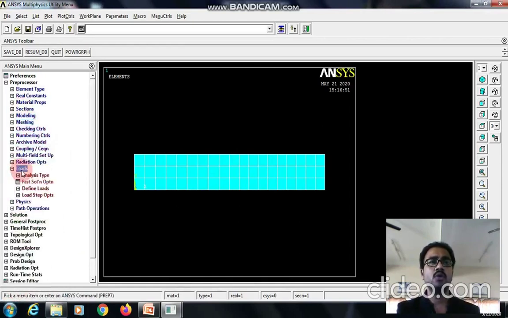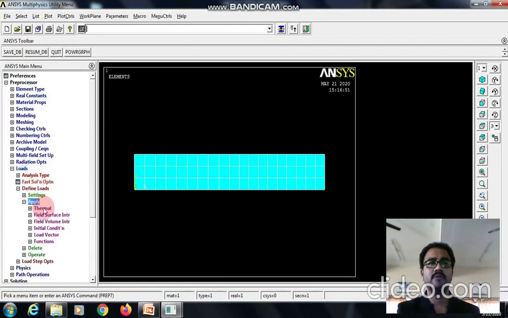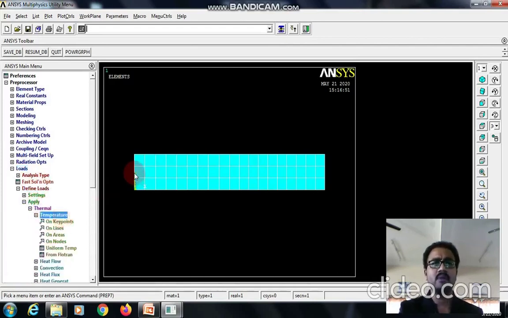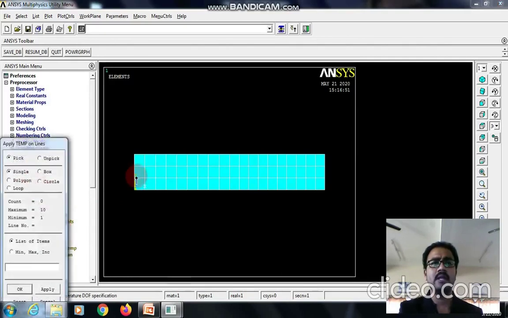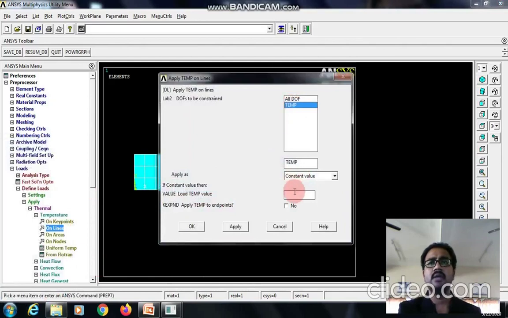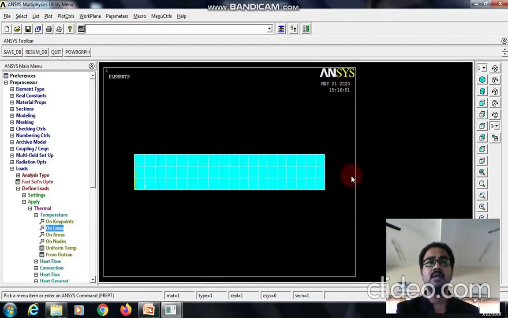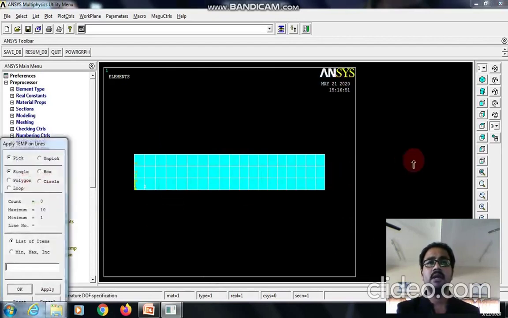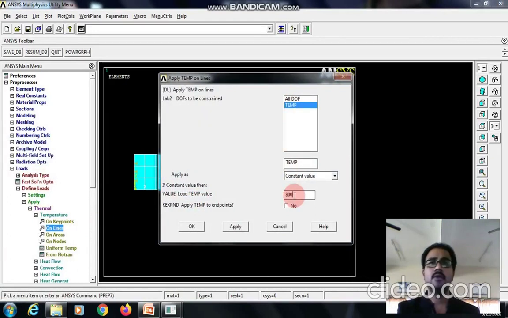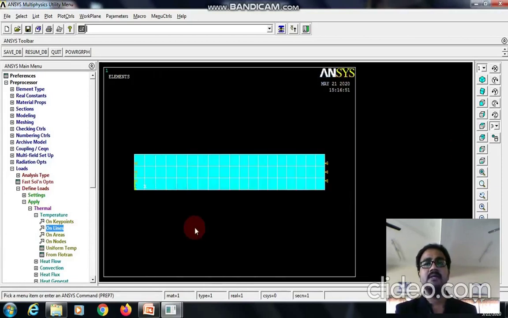Then loads, we need to define the loads. First, let me apply the temperature. Temperature on lines, let me select the left line, there is a temperature of 800 degrees Celsius which is given in the question, and similarly on the right side the temperature of 50 degrees Celsius is given, that I will be selecting.